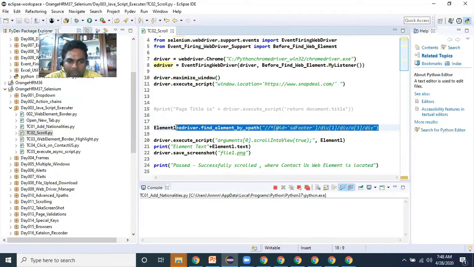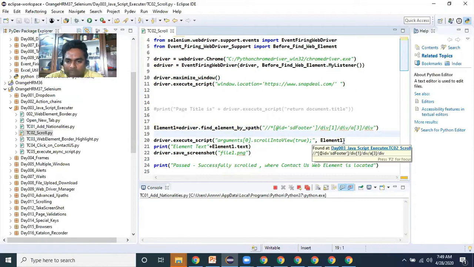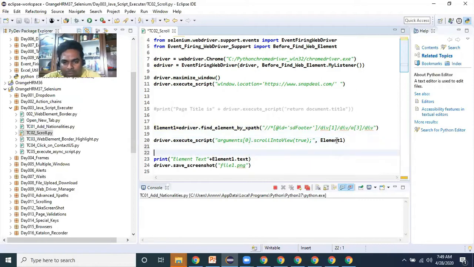So I'm creating a web element as element one, and I want to scroll to that particular web element. So this element one I am giving as the argument. So argument of 0 scroll into view of true, which means wherever this web element one is located, it will be scrolled automatically.